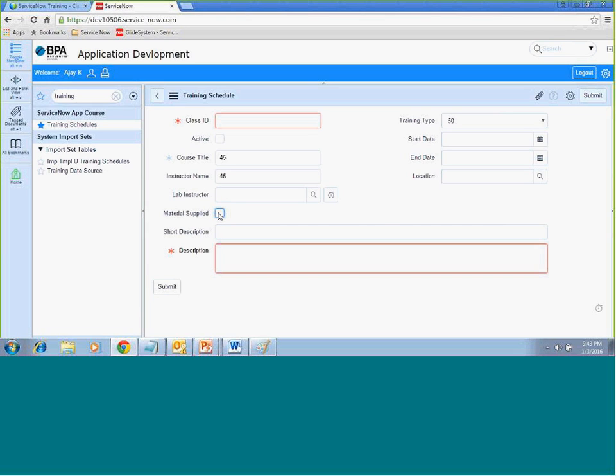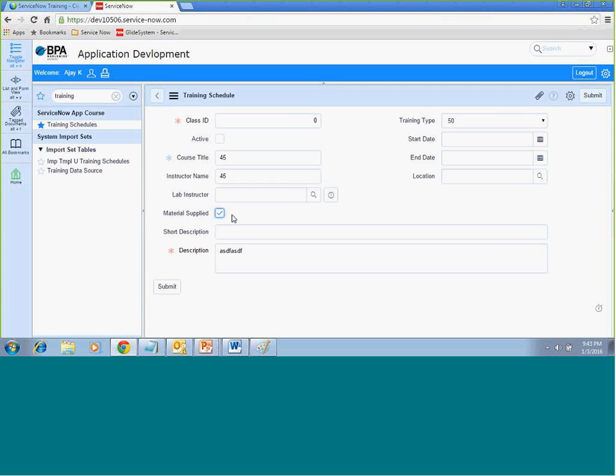Okay. And just explaining another case. This is not a right case discussion, but I just wanted to show you something. It's fine. These are fine. You can change the value, and it changes the color. If some value changes, it changes the color, good. But you may also have requirements, and that material supplied is